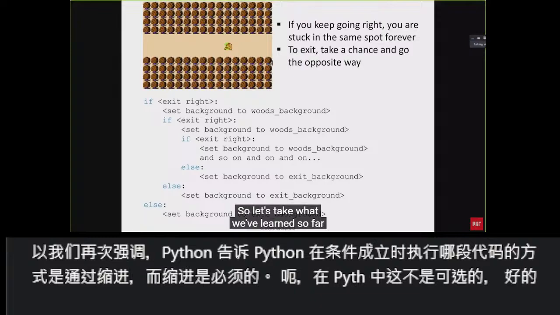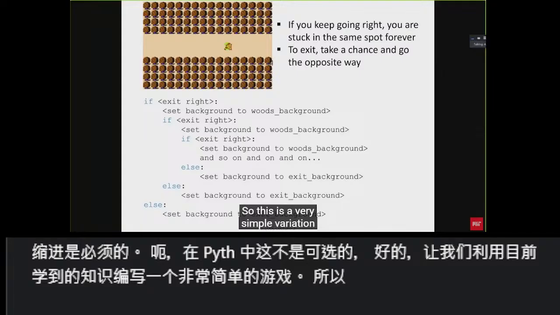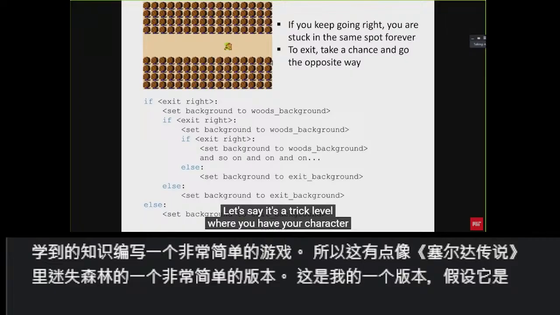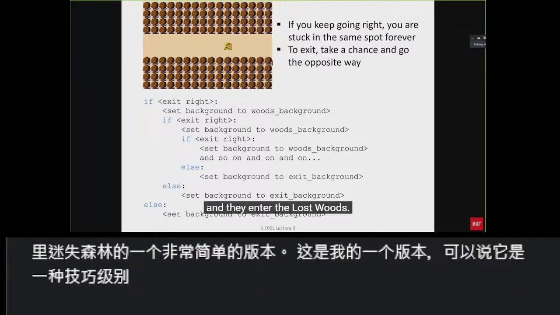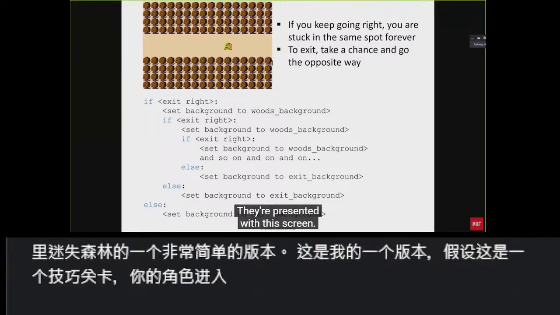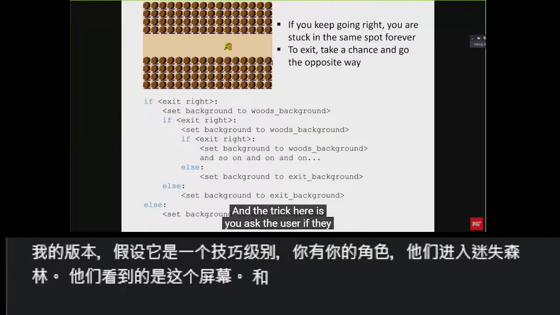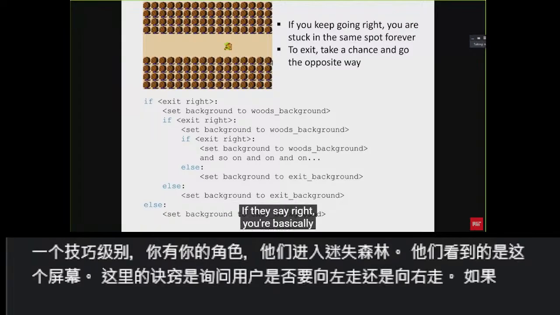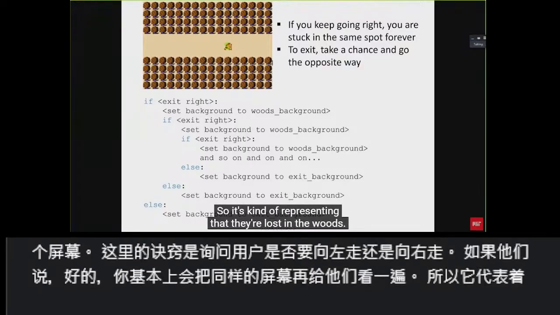Okay, so let's take what we've learned so far and code up a really simple game. This is a very simple variation of the Lost Woods in Zelda, my version of it. Let's say it's a trick level where your character enters the Lost Woods. They're presented with this screen. And the trick here is you ask the user if they want to go left or right. If they say right, you're going to present them with the exact same screen all over again. So it represents that they're lost in the woods. And as long as they say they want to keep going right, they're going to see